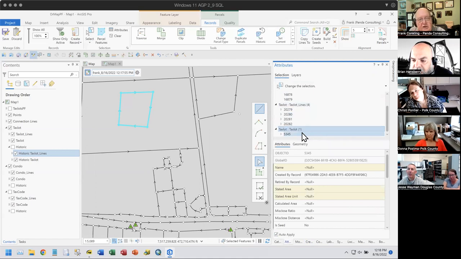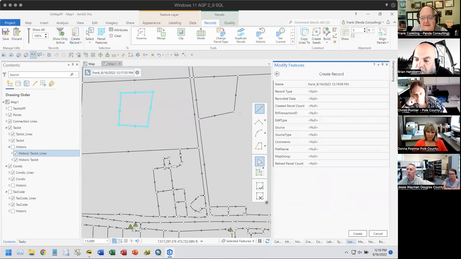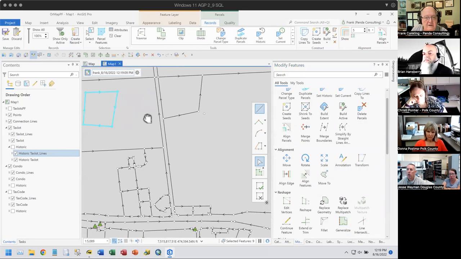Depending upon how you use your records, you can have it so that every single parcel that you build has its own set of lines. So if I create a new record and build another one next to it, it will not reuse that line. It will only use the lines that are part of the record to do evaluations, and it will create new lines for you. That's called an overlapping line model. However, I can also create another record, and this time, let's create